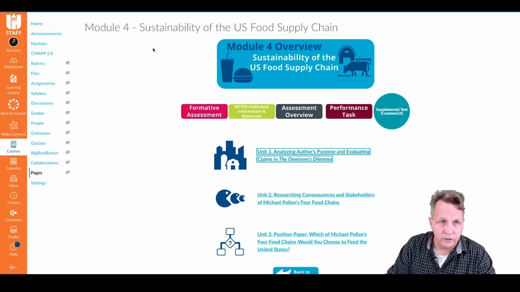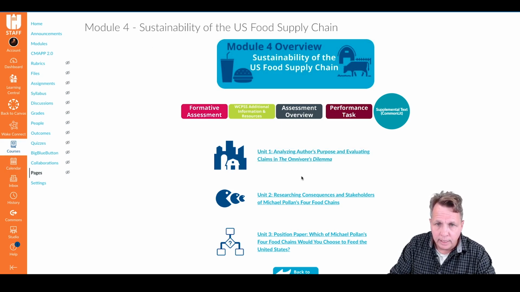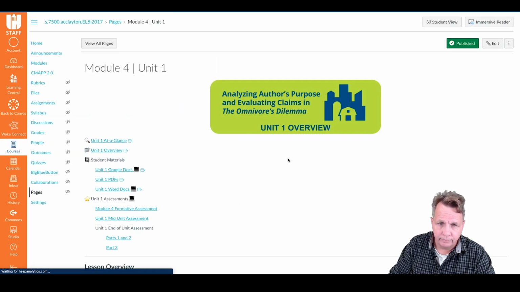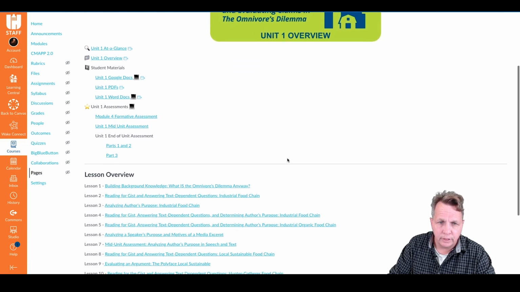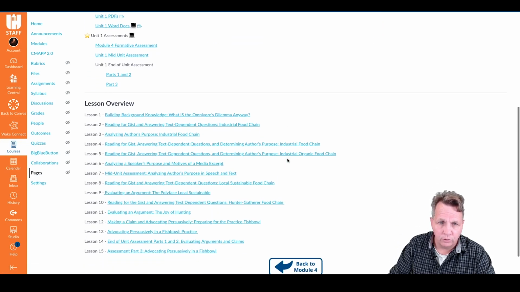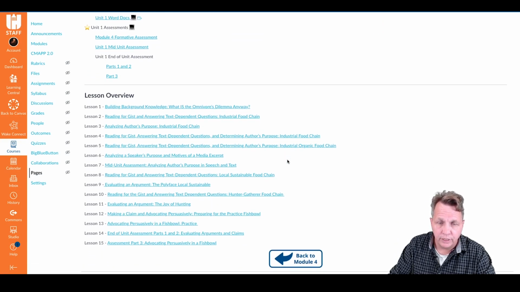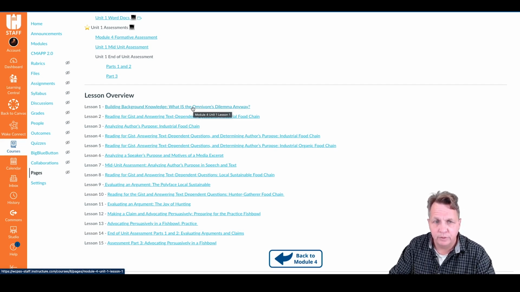So for this demonstration, I'm using 8th grade English Language Arts Module 4 as a sample. And here the Omnivore's Dilemma, which is an article that's kind of about eating. This all ties into the food chain and the supply chain demand, things like that. It really builds upon this whole text. So I wanted to do some extension activities with this text before, let's say, we get into the rest of